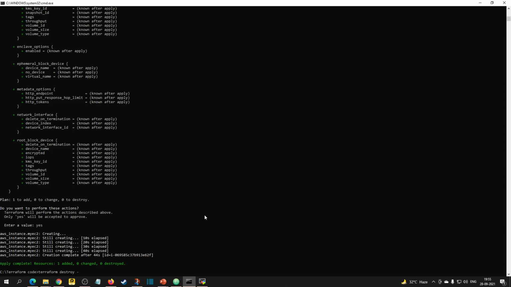If you want to delete a particular resource, give target and the resource name, in the form resource type dot resource name.